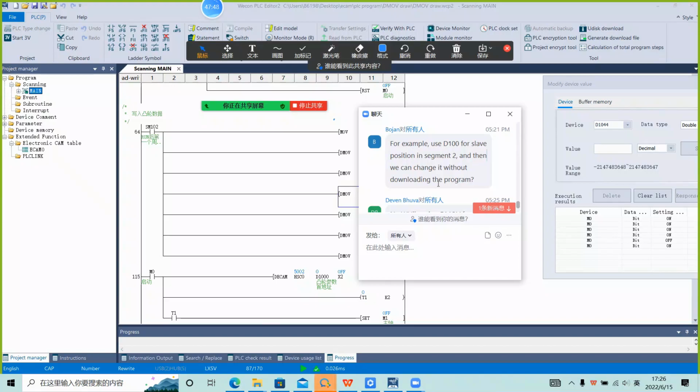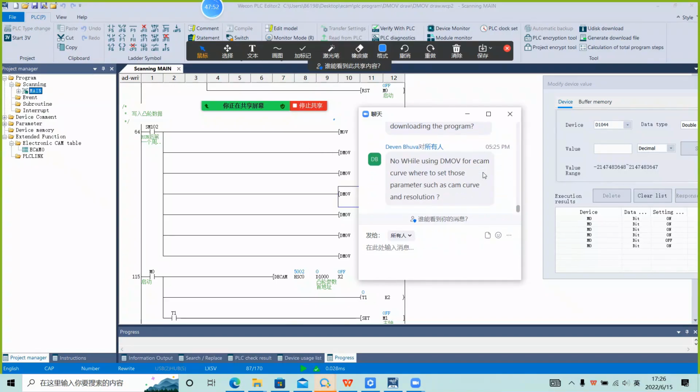If we change the parameters, then we need to download the program again. Now using DEMOVE for the E-cam curve, where to set those parameters such as